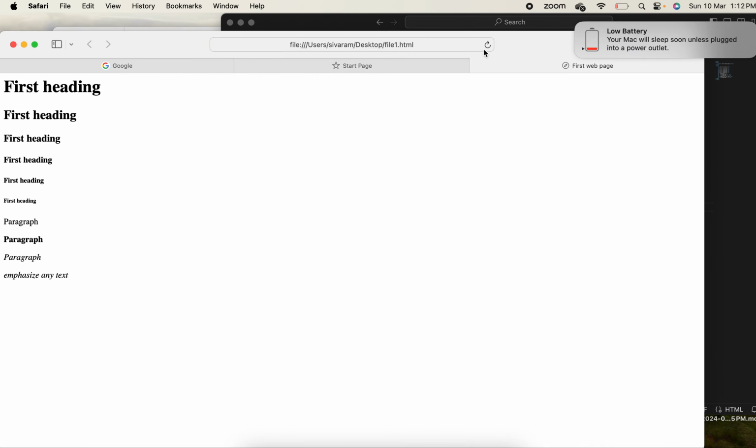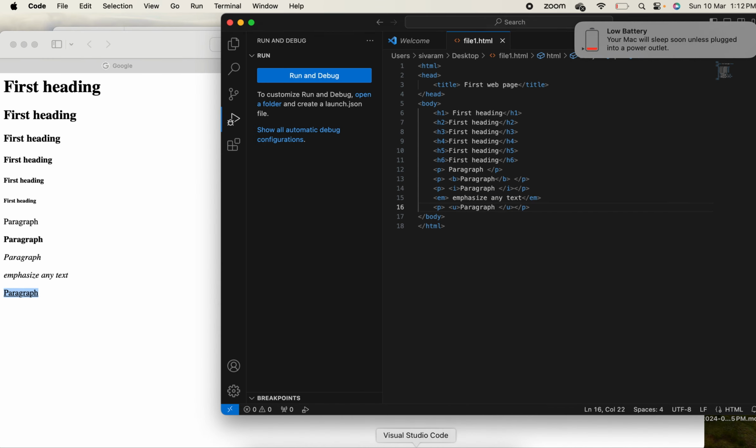So to underline I'll be using a u tag, which is enclosed in the paragraph. And then we have other tags such as strong,